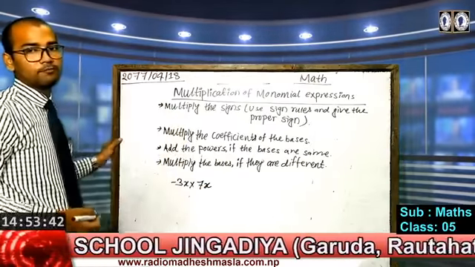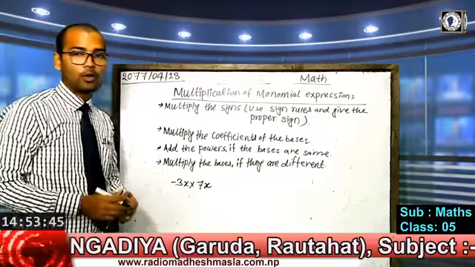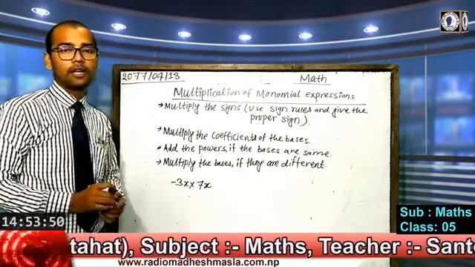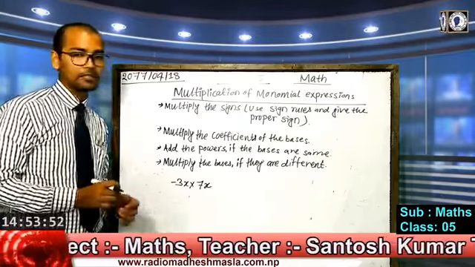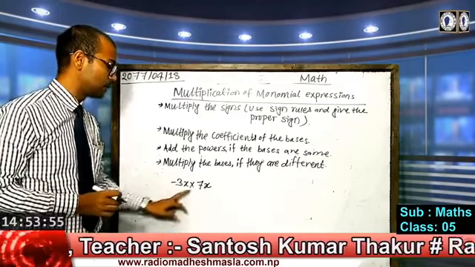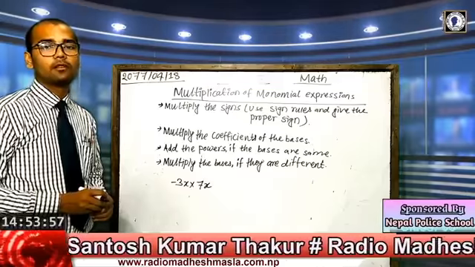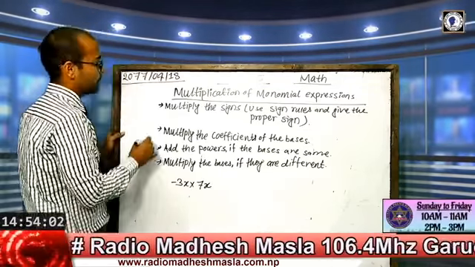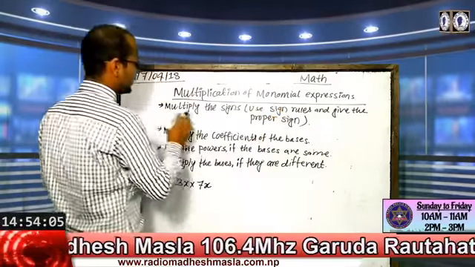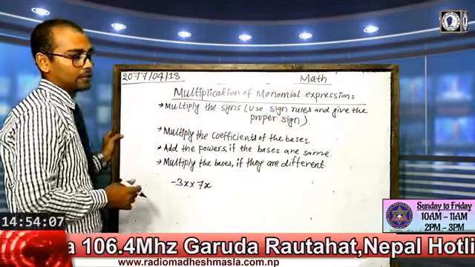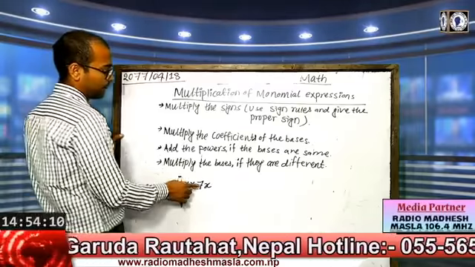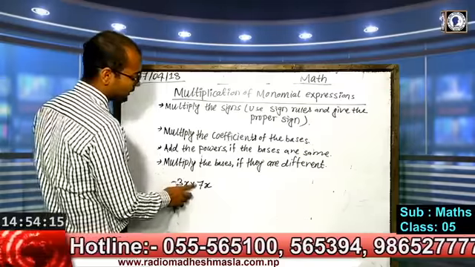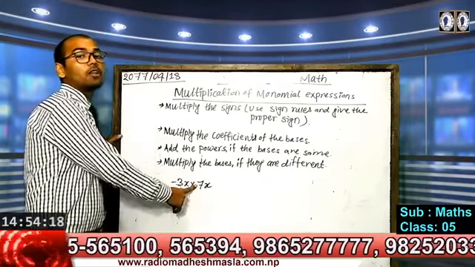Okay, students, look here carefully. We have given two terms. One is minus 3x, another is 7x, and between them there is given a multiplication sign. It means we should multiply both monomial terms. So here first we should apply the sign rule, that means use the multiplication of signs. In front of 7 there is no sign given, which means there is a plus sign.